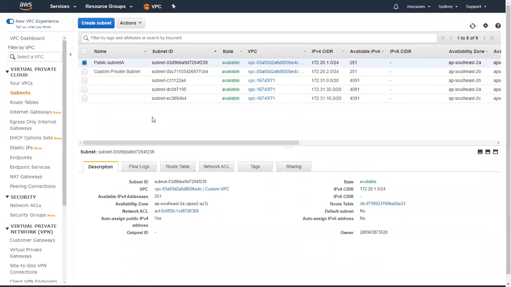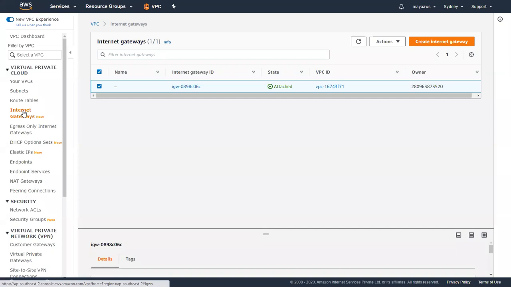So this is my public subnet I created yesterday. Today we are going to learn how to create the internet gateway and attach it to the public subnet. So any subnet attached to the internet gateway is a public subnet. Yes. So the subnet with the EC2 instance should have a public IP address which will enable it to connect to the internet. As we are all aware, any system that needs to connect to the internet needs a public IP in order to communicate.